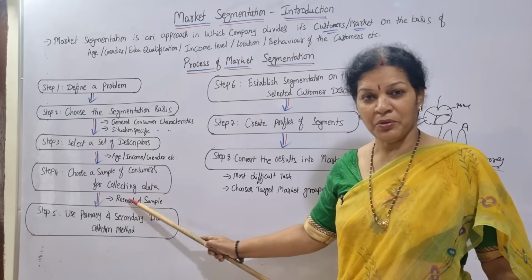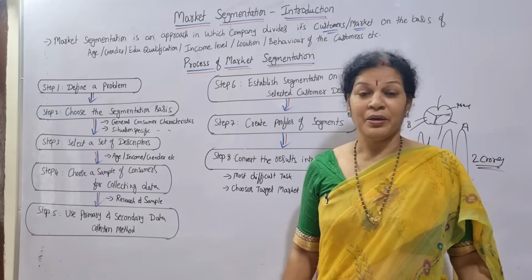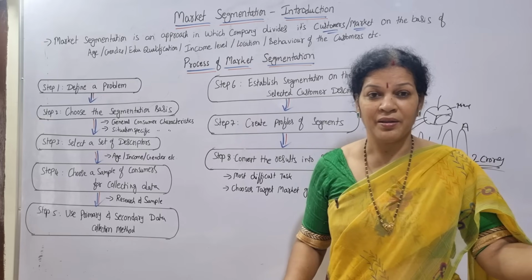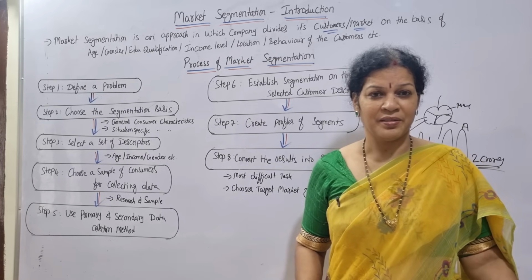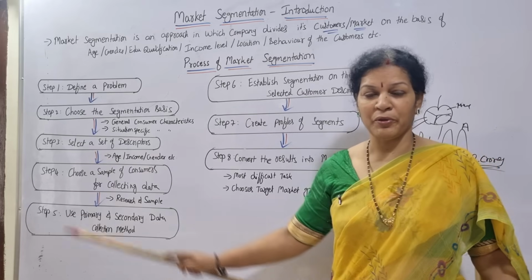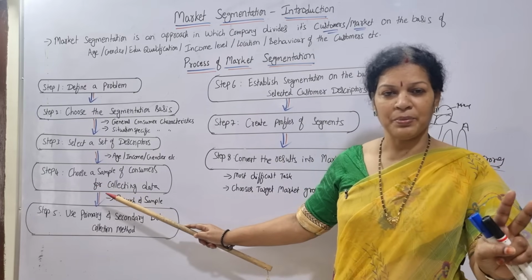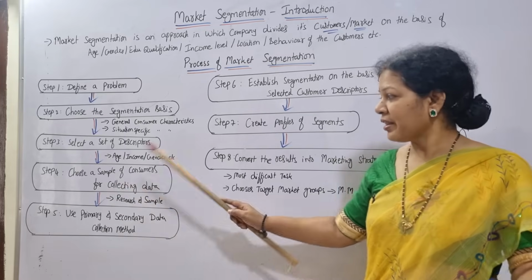Main thing, research you have to do, and then after that: sample from where, how much would be the sample, who are the samples, where can I get the sample. These all come under step number 4. Once this is clear, research is done, and samples are ready to take, then you have to go for